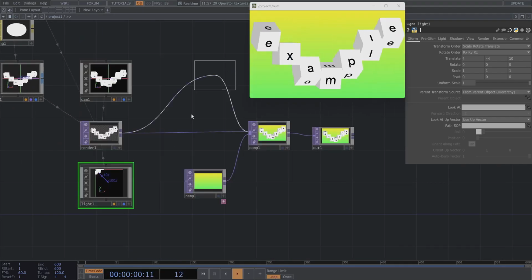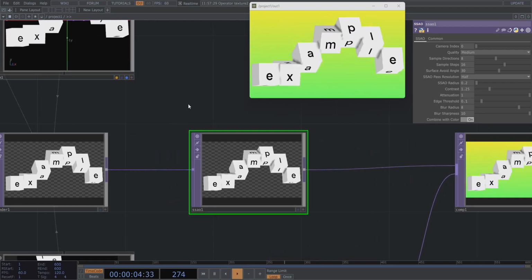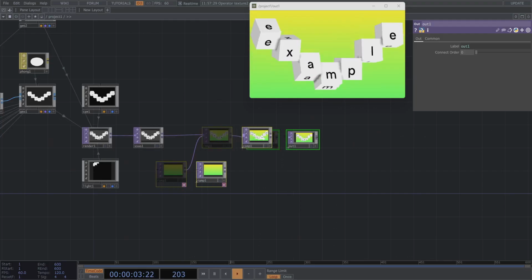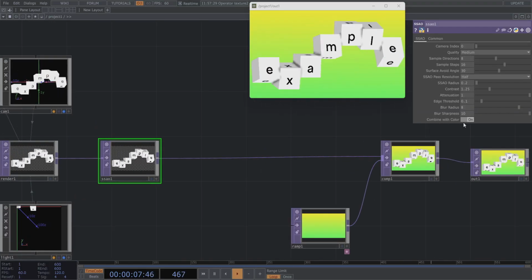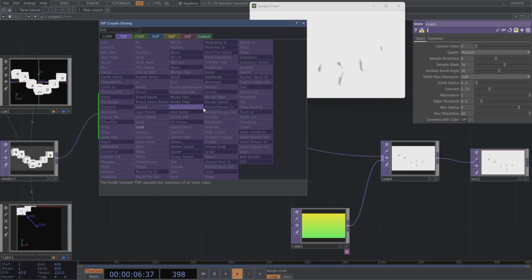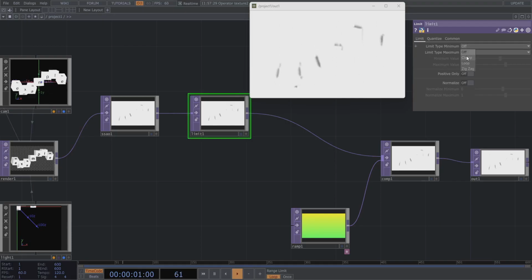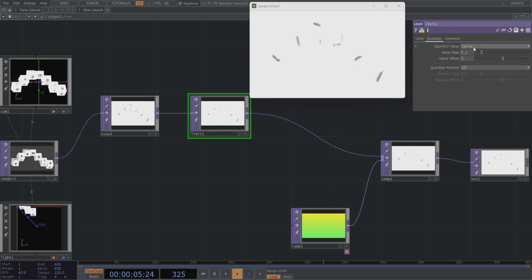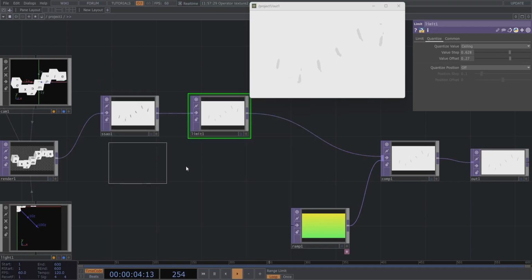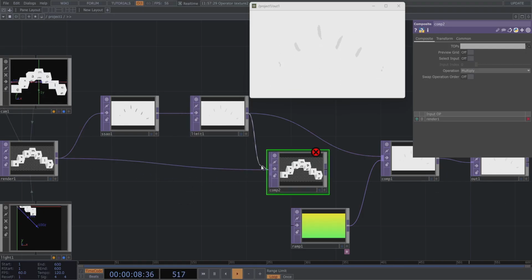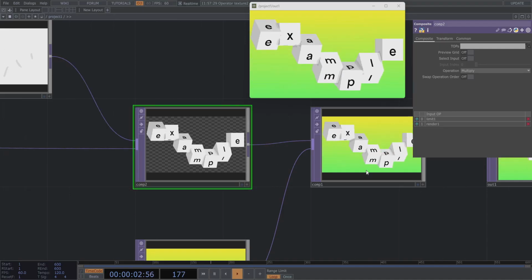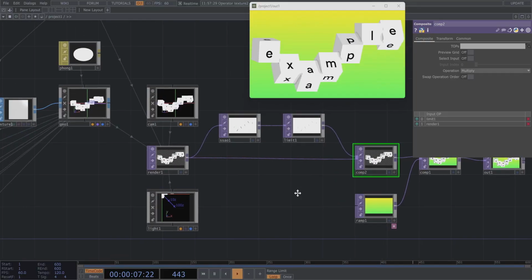Can also add post-processing like this. Then